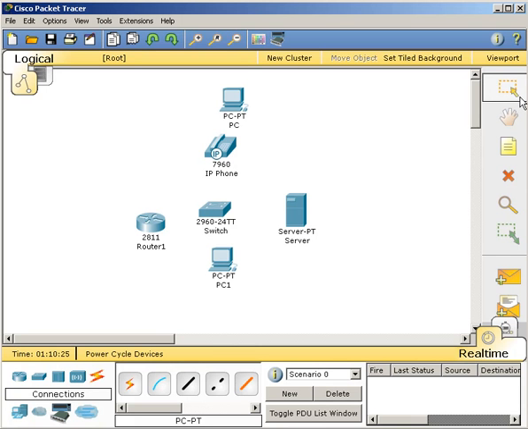So let's now move on, and we're going to connect our different devices. In fact, I'm going to drag and drop another router here, a 2811, so we can simulate a LAN connection. But first, let's connect our